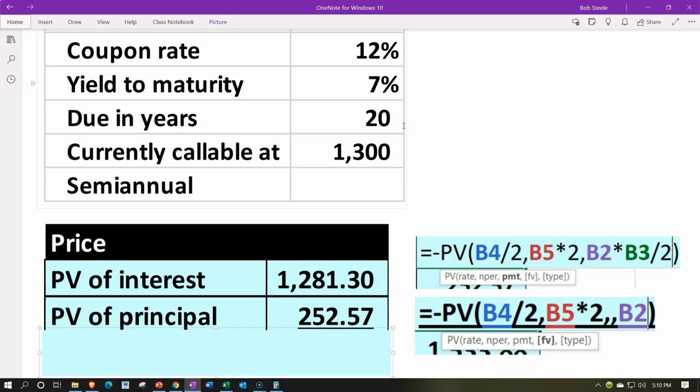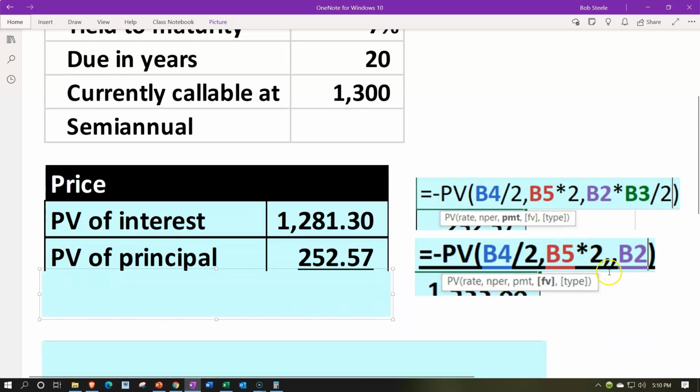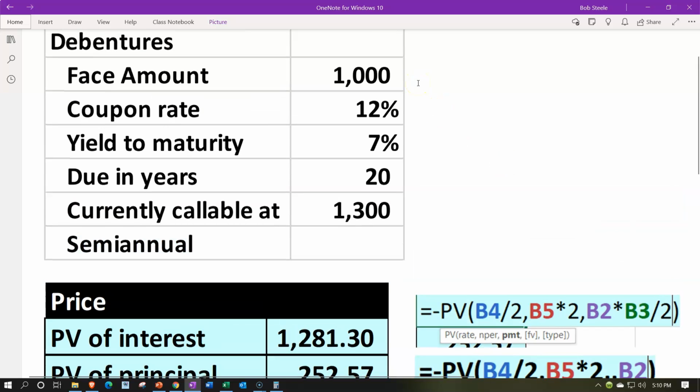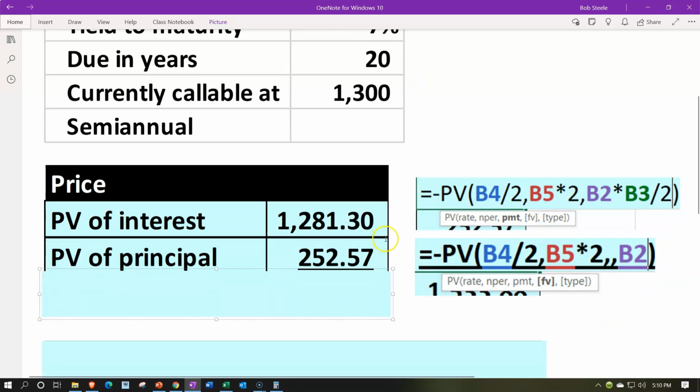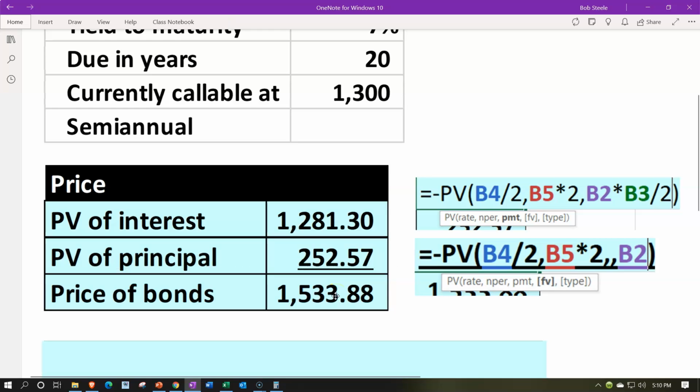We need 6-month or half-year periods, so we're going to multiply that times 2 for 40 periods, comma, comma. Future value then would be the 1,000 face amount, pulling that back to get 252.57. Adding that together gives us the price of the